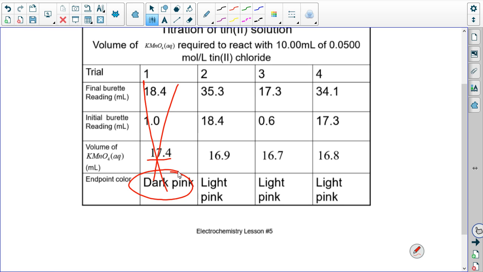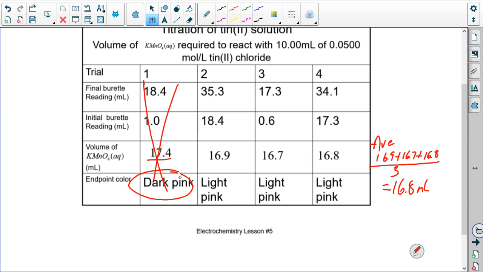We will do a titration until we get within 0.1 milliliters of each other. So we're going to take the average of what we add. Instead of doing 3 separate calculations, we're going to say the average of the titrant that we've added is 16.8 milliliters. I'm going to do a calculation with that 16.8 milliliters,